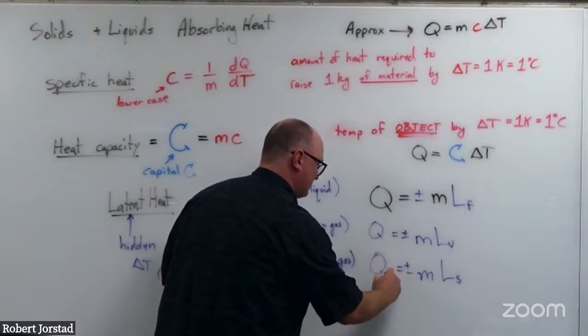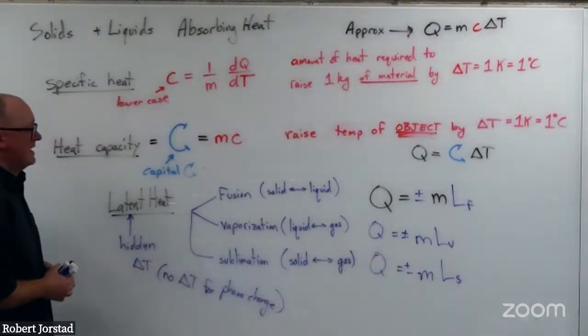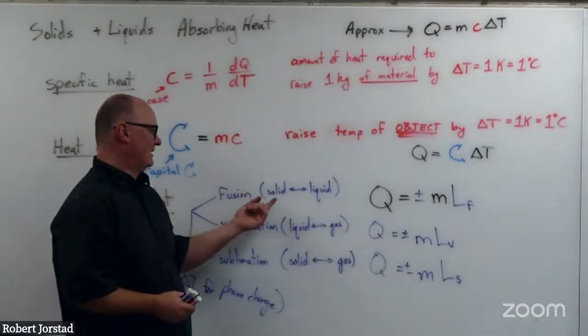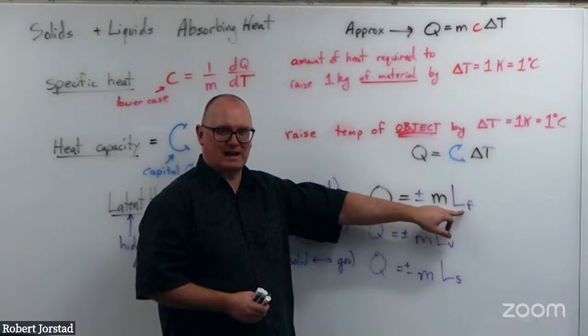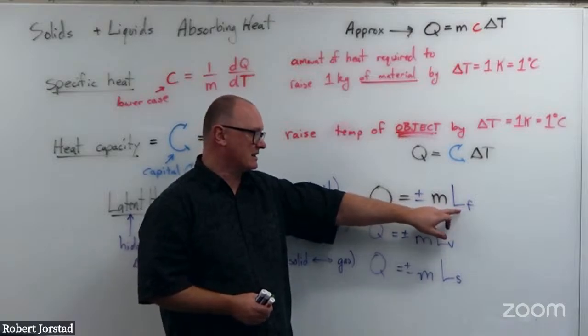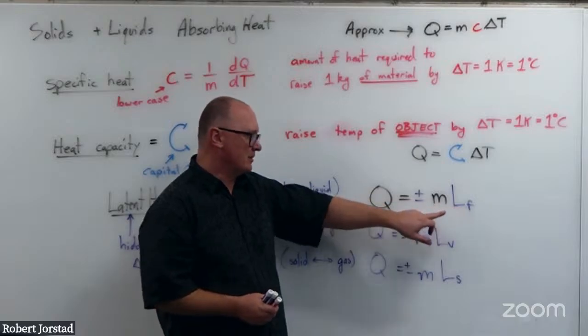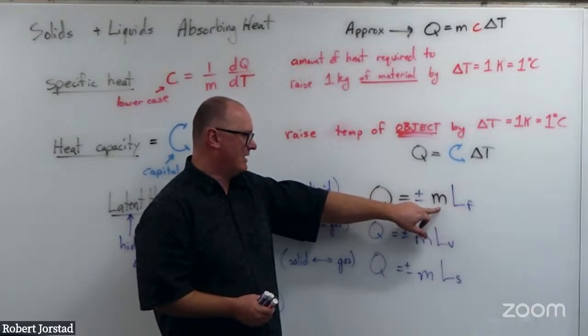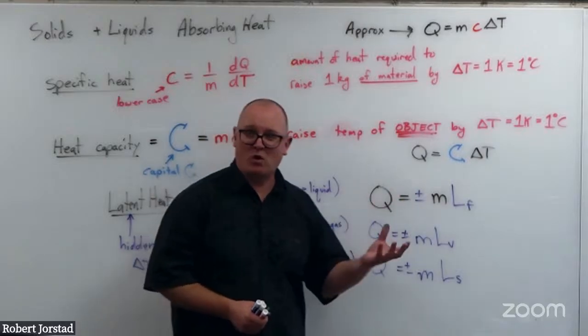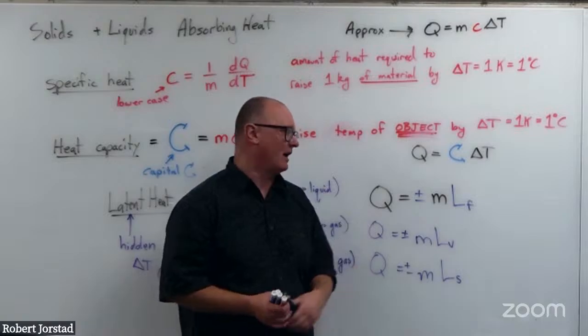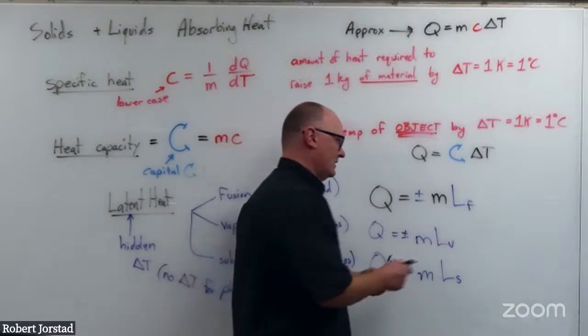So what does this mean? If you're melting something, you could look up in a table the latent heat of fusion for, say, ice, the ice to water transition. This is a number you could look up. You multiply by the mass of ice you have, and that tells you how much heat is required to melt that ice. If you have some water at 0 degrees Celsius, I should be careful. For all these,